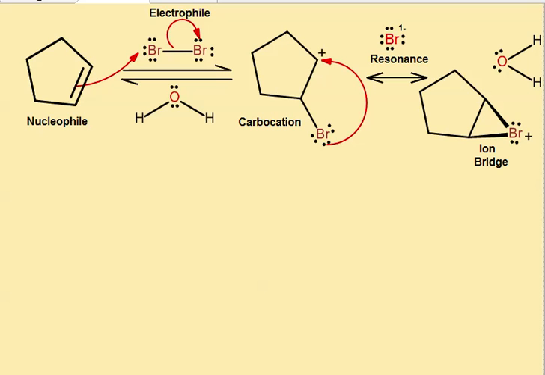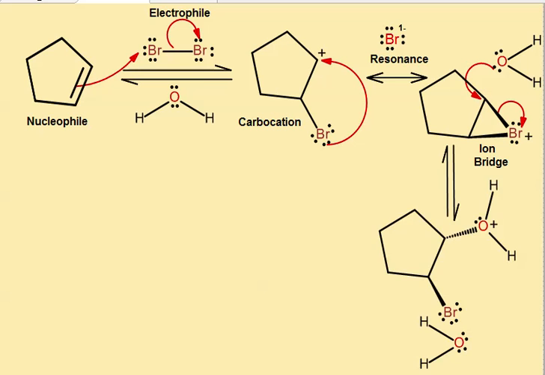The ion bridge has to be avoided, and so the water, as a better nucleophile, comes in from underneath, making a new bond to the carbon. The existing bond to the bromine has to break, and will produce this halohydrin molecule, which is almost finished. We've just got that positive charge on the oxygen to take care of, and in this last step the molecule of water acts, this time instead of a nucleophile, attacks as a base, picking off that proton,